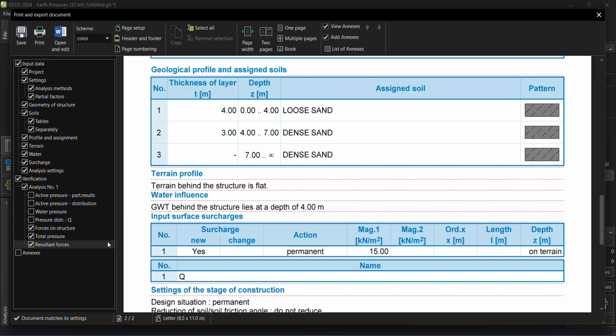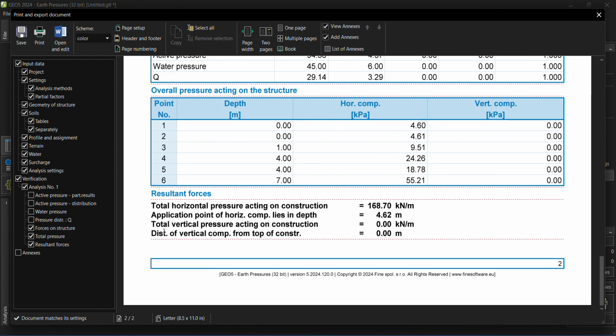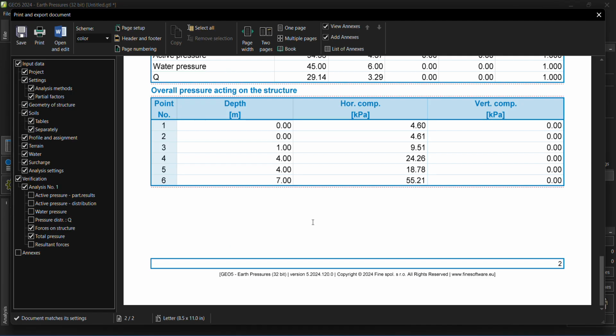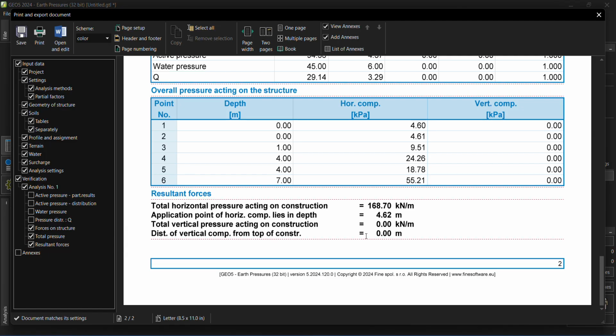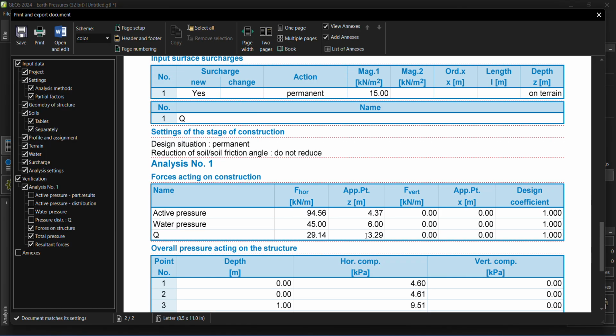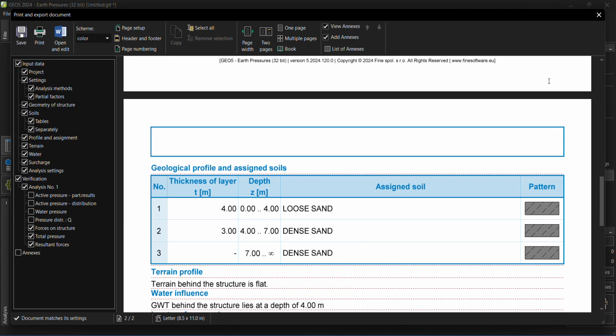So we'll do a sample. Let's head over to the resultant forces. We have resultant forces here in our chart because it is checked over here. When I uncheck it, you can see that the resultant force has left, and when I check it back, it comes back, as you can see. So this is how we do lateral earth pressure calculation in